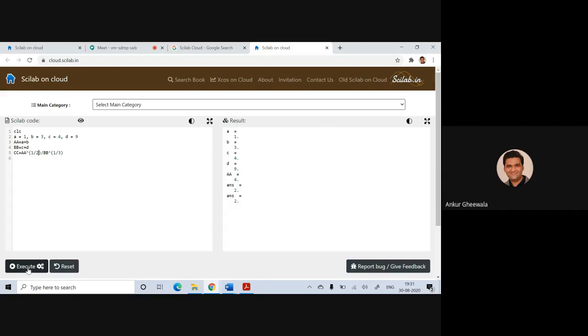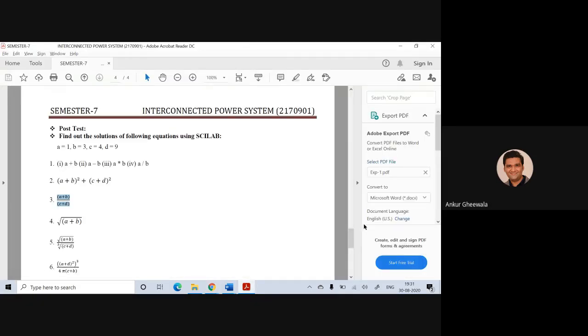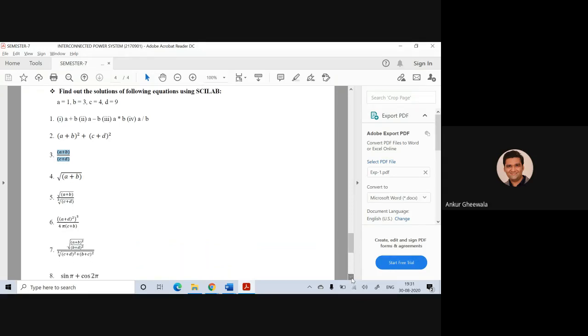Now I will execute it. So 0.85. The answer is the same. So I also got this answer. Now, if I want to find out this thing, a plus b whole square whole raised to cube. So now what will I do? First of all,